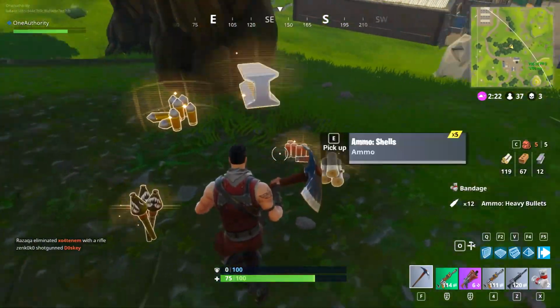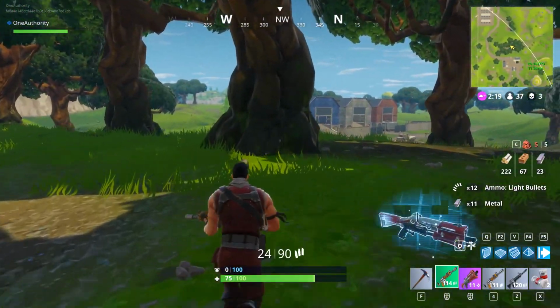Go over to the enemy's body and start spamming that grab button while also jumping so it'll be harder for